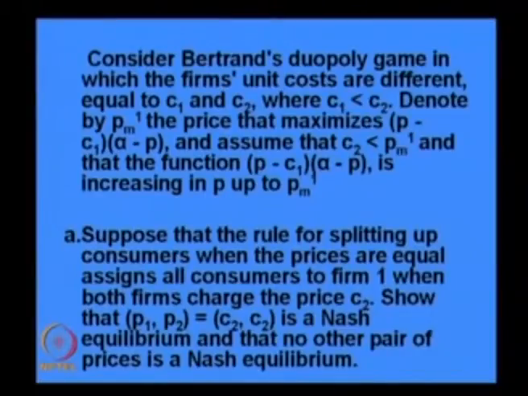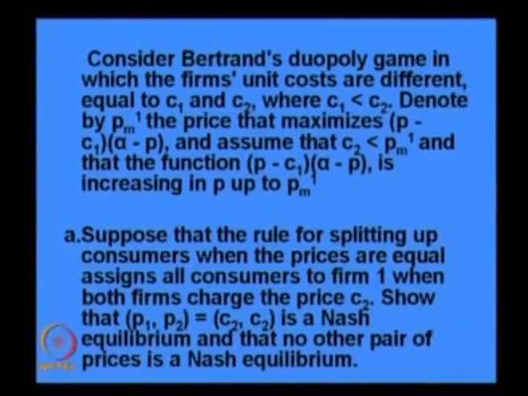This is another exercise. Consider a Bertrand duopoly game in which the firms' unit costs are different, equal to C1 and C2, where C1 is less than C2. Denote by PM1 the price that maximizes (P minus C1) multiplied by (alpha minus P), and assume that C2 is strictly less than PM1,